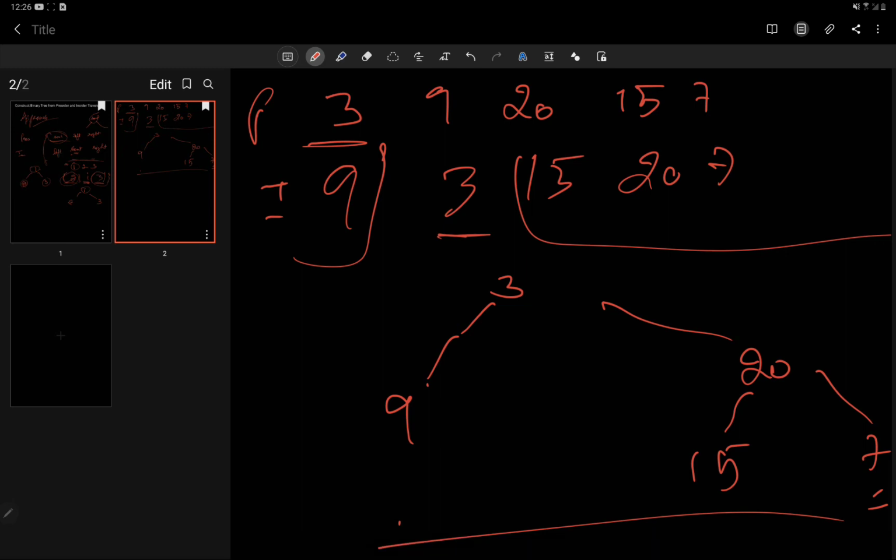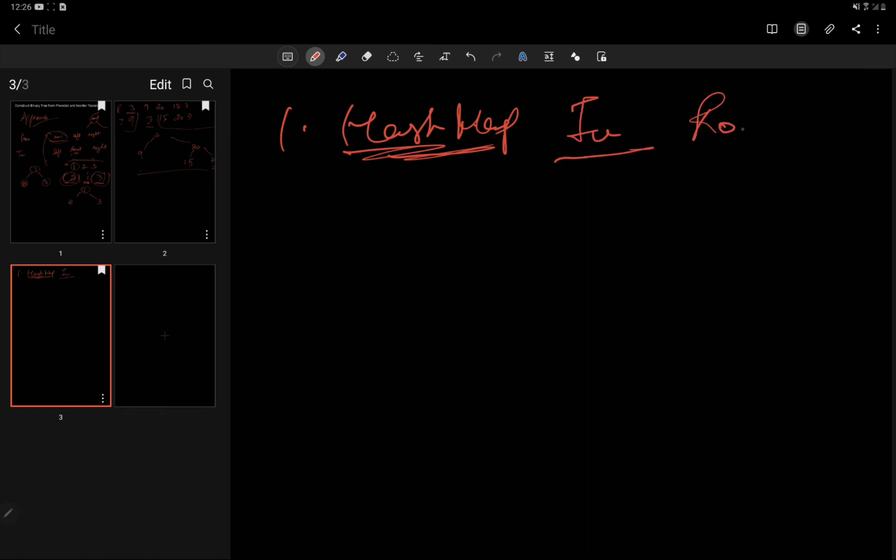Now how our approach will work, how we are going to use this. This is what we have calculated orally, or pictorially what we can say. So number 1, we will make a hash map. What we will do for the hash map, we will hash all of the in order elements because we can get the root easily. And number 2, what we will be doing is we will design a recursive function.